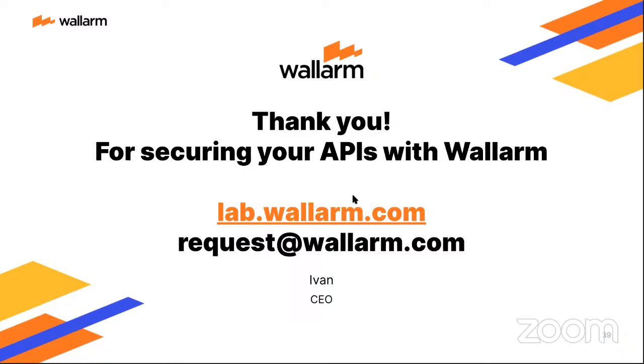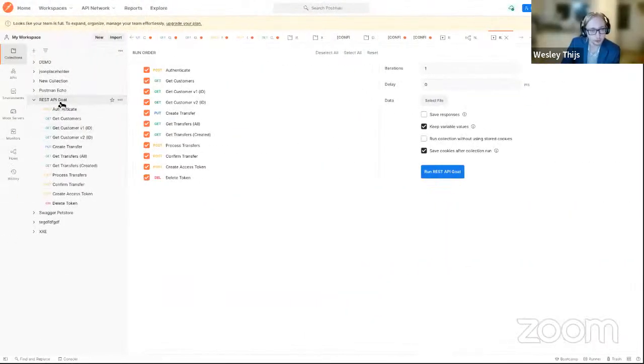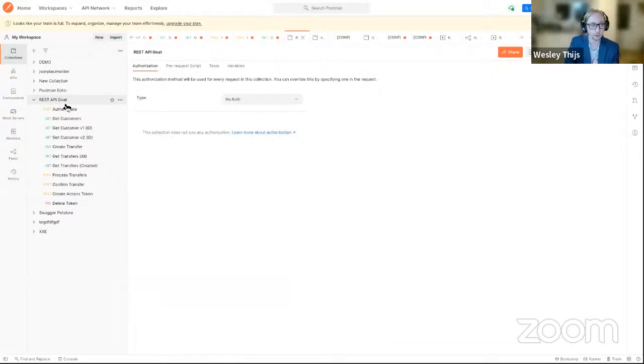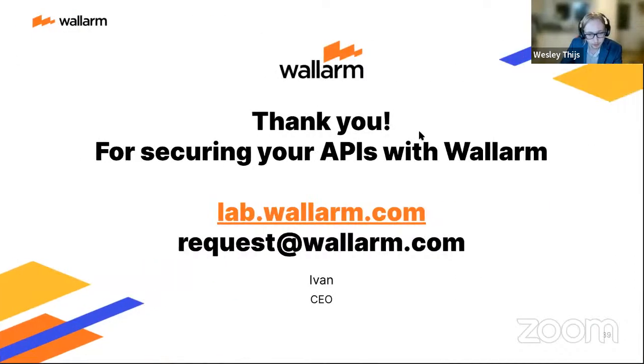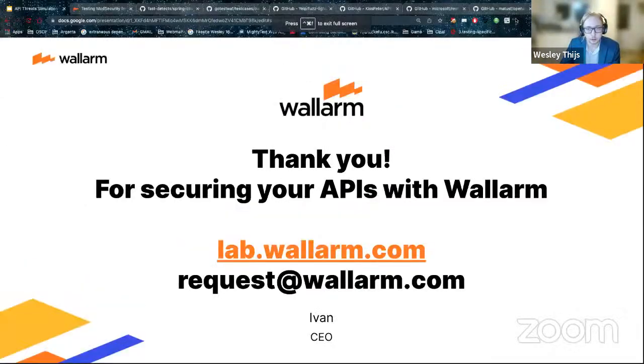Couple more. Are there any sandboxed type APIs that are intentionally vulnerable that people can play around with, to try the different types of API issues? Definitely. I have certain ones, like for example, API Goat is the one that you can mess around with a little bit, and they have a lot of vulnerabilities in there. And there was also another one, but I can't remember it off the top of my head. But there is another API that's vulnerable. Let me quickly look it up.